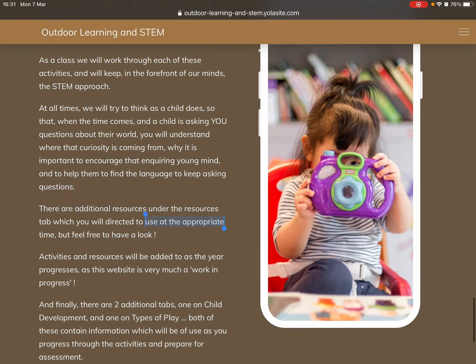If I just select that little bit there, click speak. Use it the appropriate... So you can select as little or as much of the article as you want, and